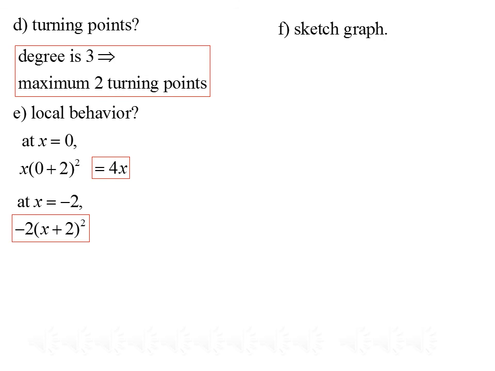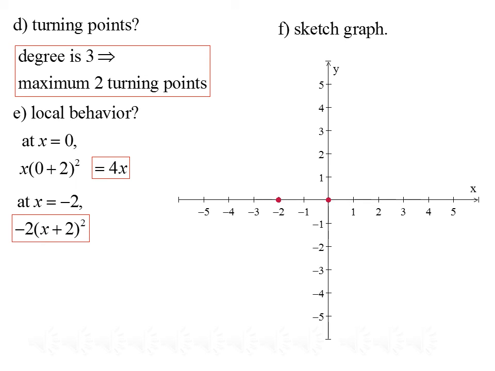Finally, we want to sketch the graph of this function. We'll start by marking our x-intercepts. So we have an x-intercept at negative 2 and at 0. So we know that our graph will touch the x-axis or cross the x-axis at those 2 points. So going from our end behavior, we know that the left-hand side should come from downward. So we'll start down there and come up to negative 2. And at negative 2 the graph touches, so we'll come up to negative 2, touch, and go back down,